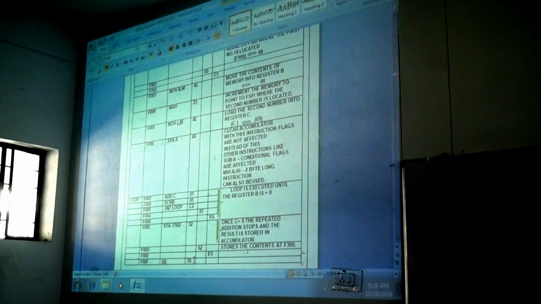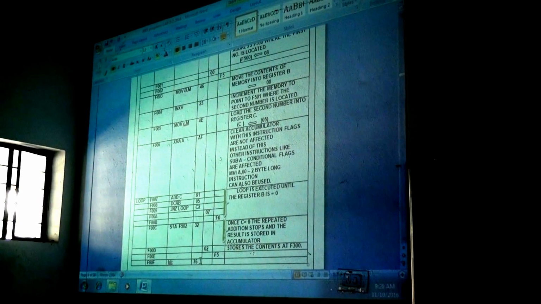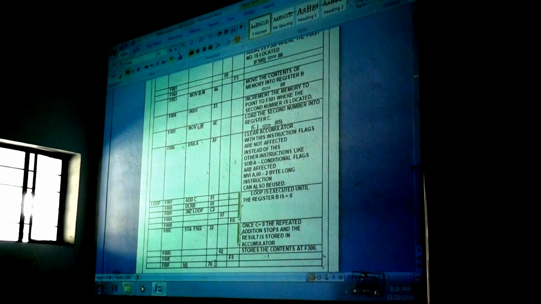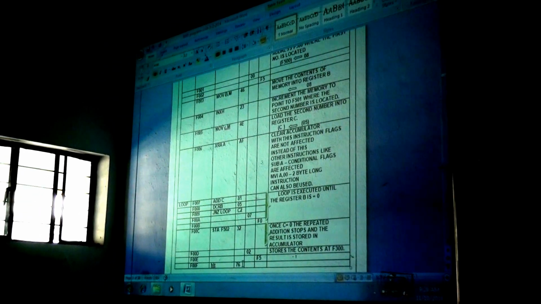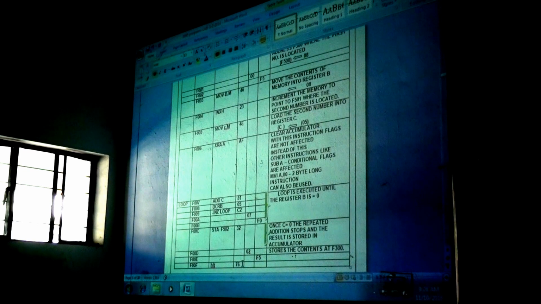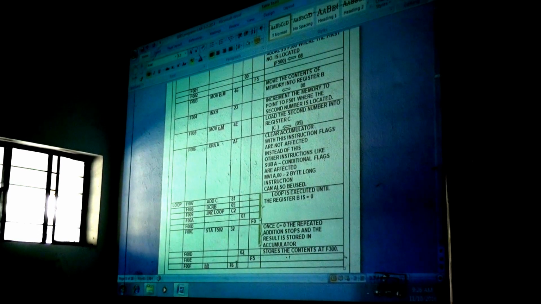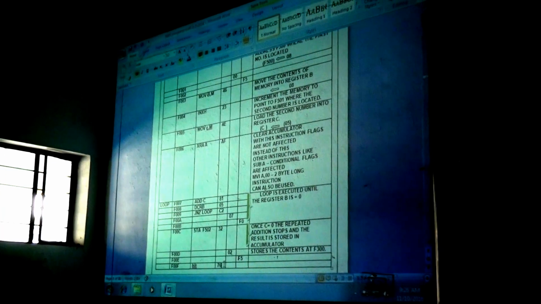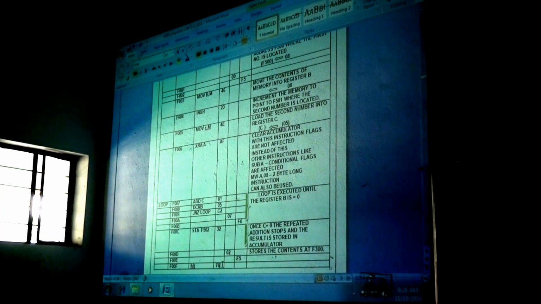For this multiplication program, we are using two locations, F500 and F501, for storing the data. We are storing this apart from the main memory location, because if you write a program, the program will remain the same. The data can be changed separately from the main program, and this program will work for any data you take. This is residing apart from the main location.